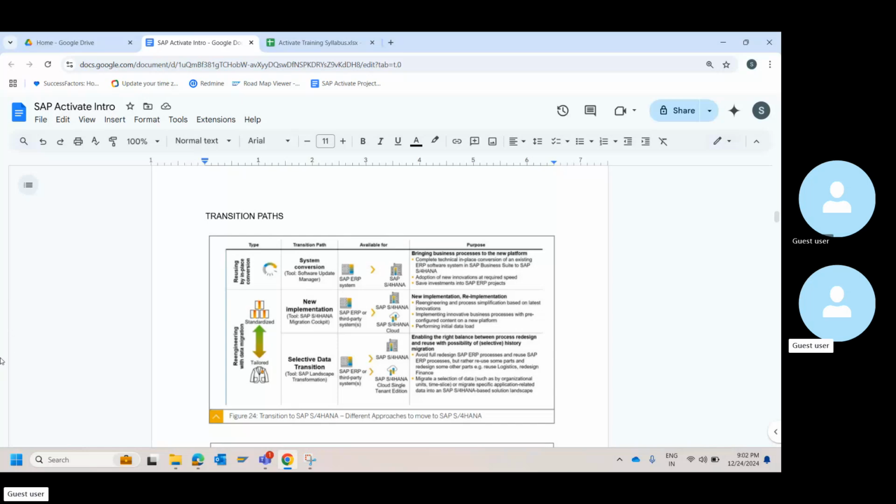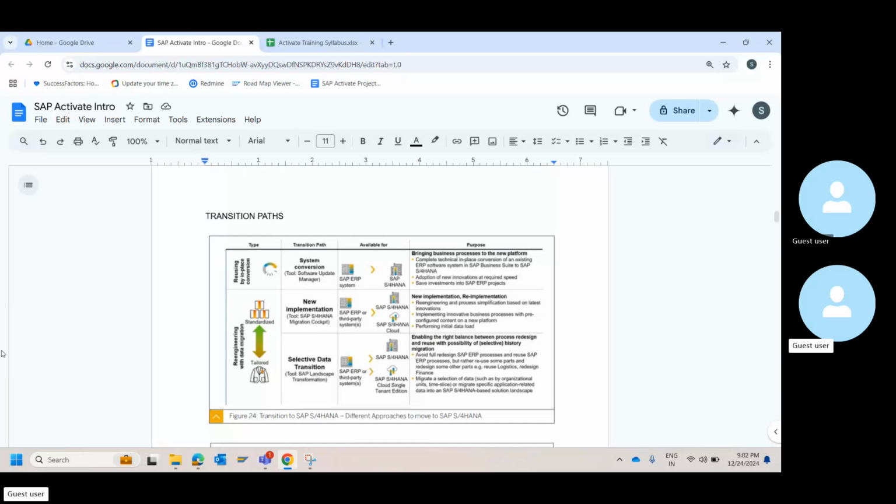The example that we discussed was, suppose I am company A, you're company B, and company A has acquired company B. In that case, you are running in a different system. I am running in a different system. You do your operations still in that system. I do my operations still in my system. However, we are going to unify the financial system to SAP.